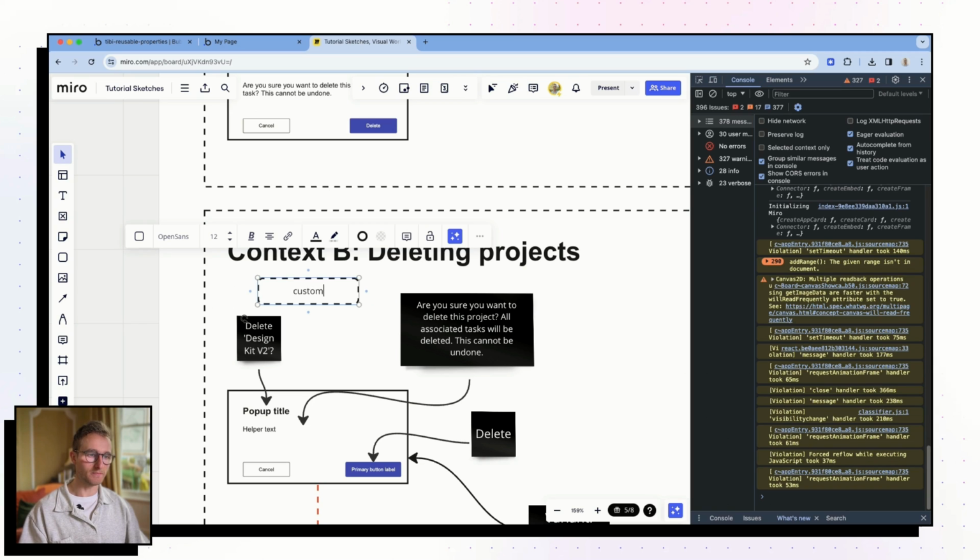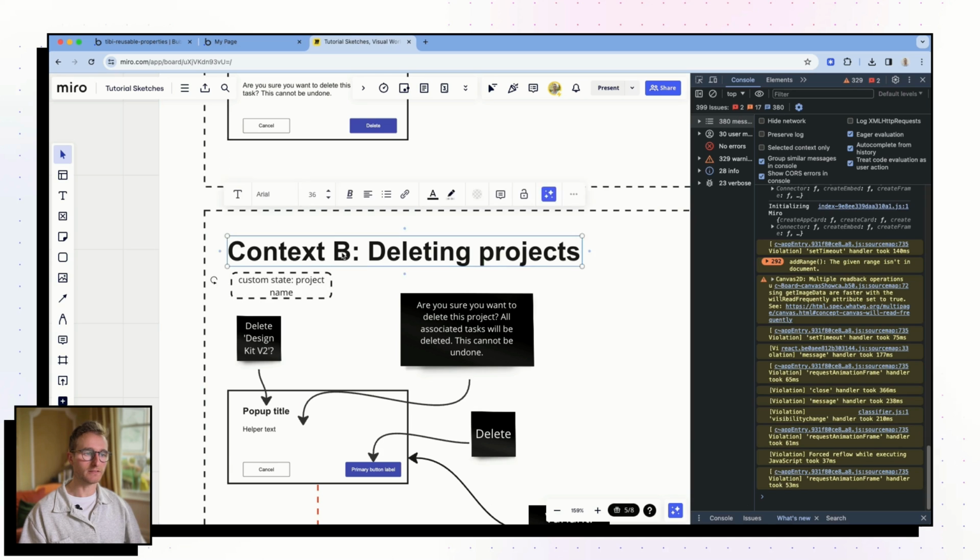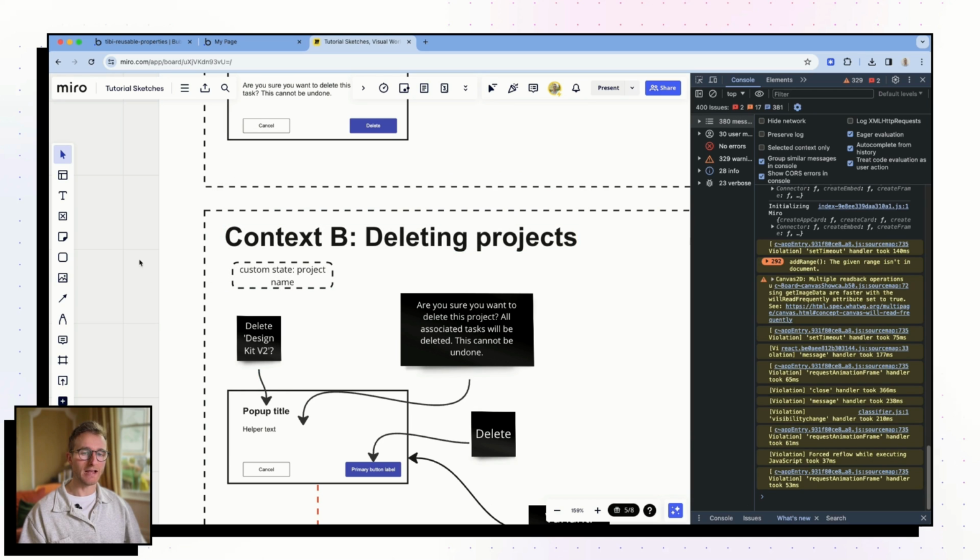The value here is basically a project name, project title, right? And the output is then going to be the name, right? It might be design kit version 2. That is the value stored within this custom state, which then gets fed into the input for the reusable element.